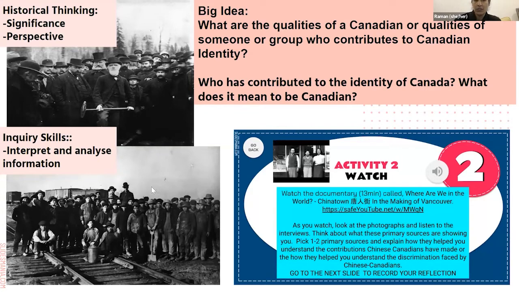From there, students looked at 2 other photos, this one included as well, of the Chinese Canadian workers who worked on the railroad. Based on that photo, who do they believe worked on the railroad? What are some questions they have? What are some observations and inferences? I'm going to go into more detail about this process a little bit later on, because we are going to use the primary sources in this lesson for an activity.